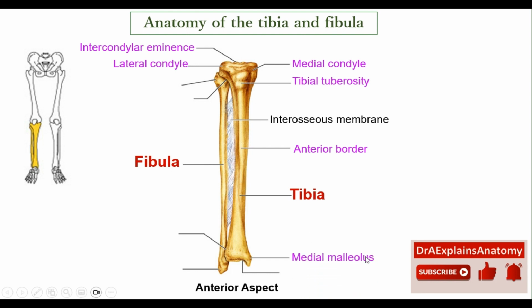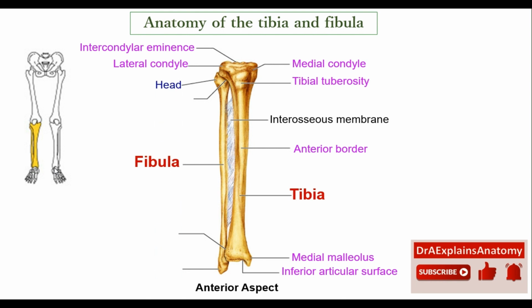This is the medial malleolus, which is the medial structure on the tibia. So the medial malleolus will help you identify the medial aspects of the bone. The fibula is the lateral bone in the leg. And this right here is the inferior articular surface. This surface articulates with the tarsal bones to form the ankle joint.